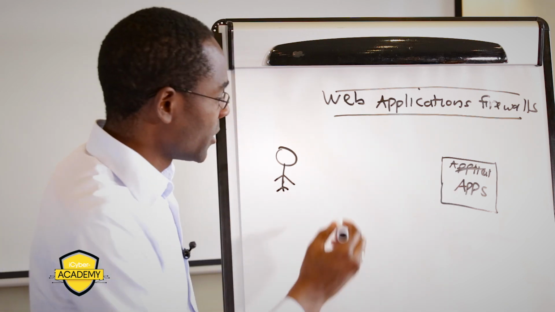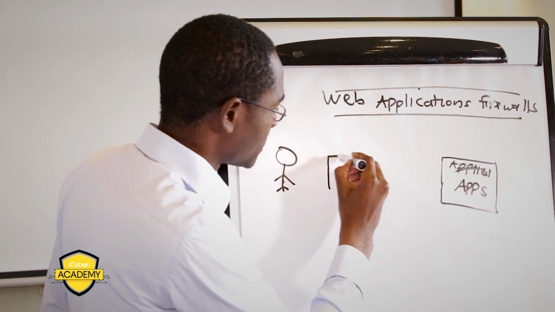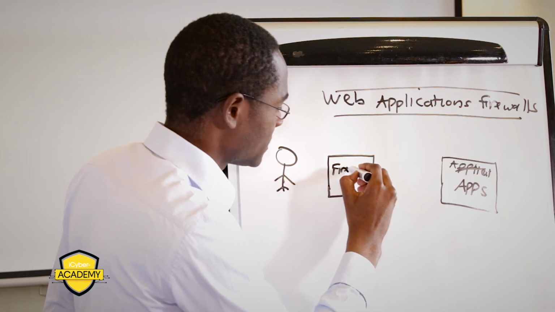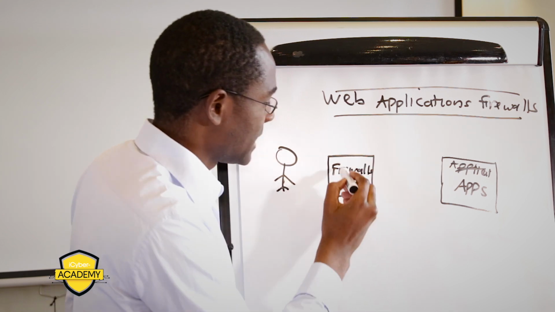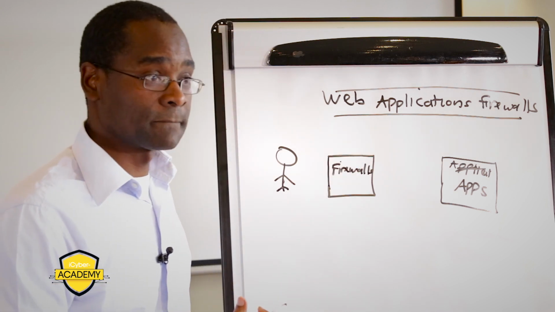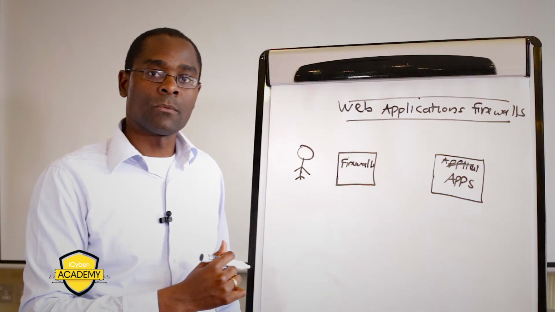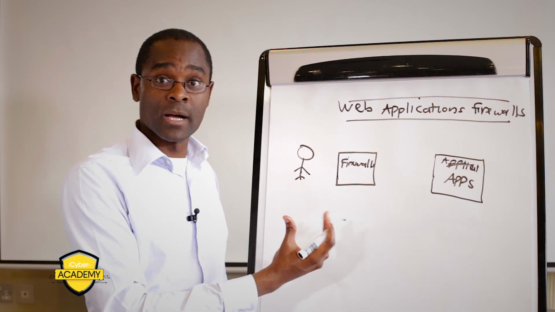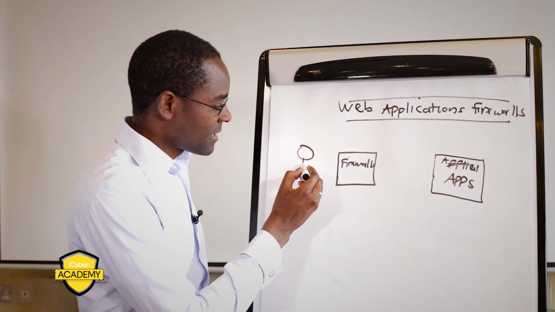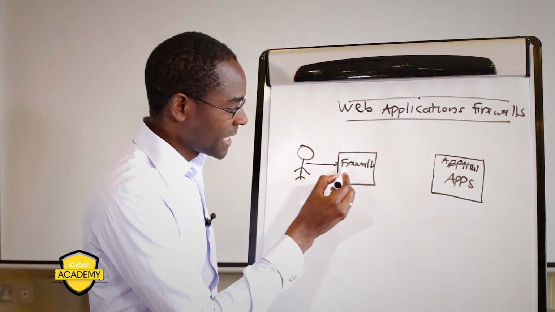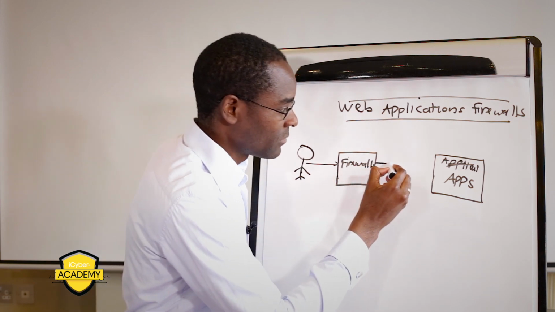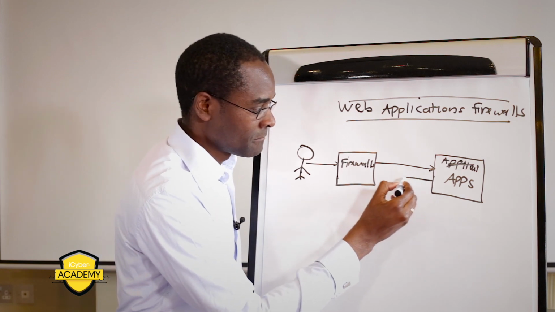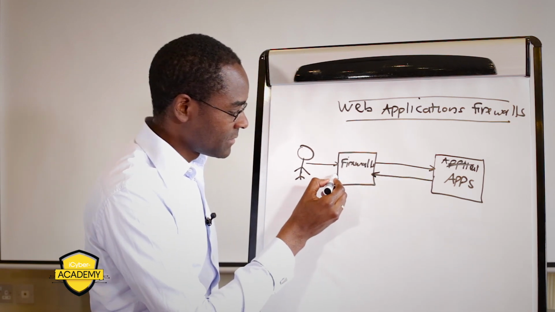So traditionally, you'll have to go through layers of what we call firewalls. These firewalls are network devices that protect against any type of access. This is the usual setup when you try to protect a web application. But this is not effective, it doesn't work. Why? Because this guy tries to access our application, goes through the firewall, and the firewall sends a request back to the application. The application responds back to the firewall,